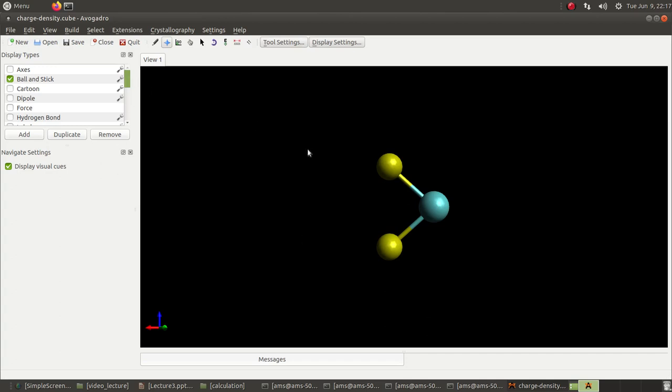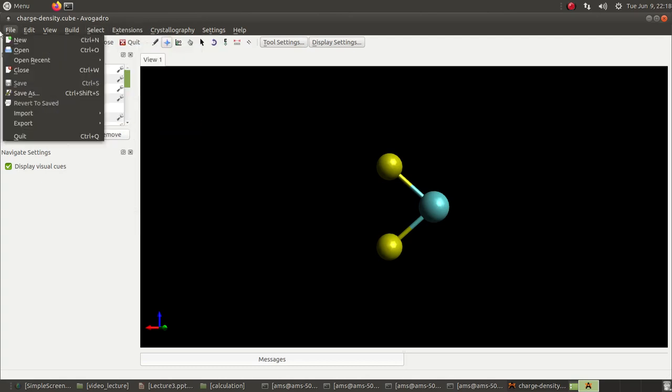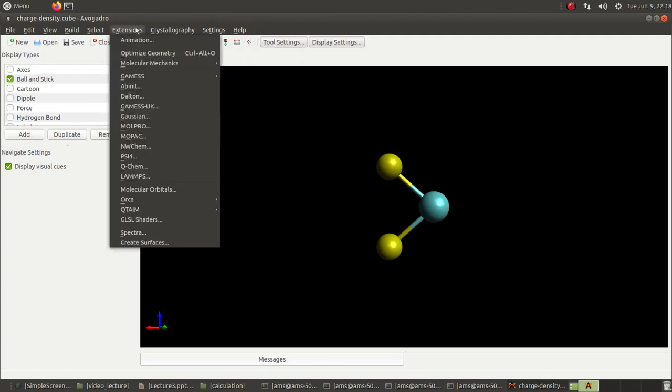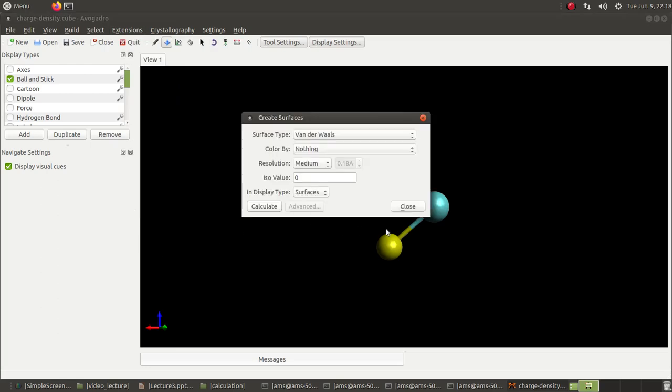on top of that. So what I will do is go to this extension tab in the ribbon. You see in Avogadro there are several tabs, so you must go to the extension and go all the way down, and at the last point there is this create surfaces under the extension tab. So go to create surfaces, and there you will find different options. A window will open, and from the drop down list you have to select this cube file created from PWSCF calculation, because that's where the data is stored, not the other options. There are different options, but you have to select this one, the cube file created from the PWSCF calculation.